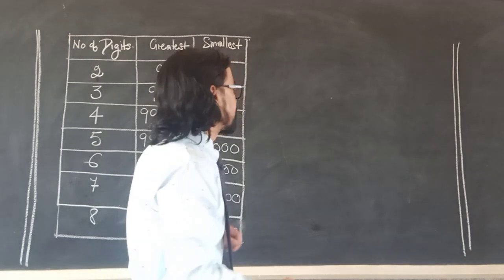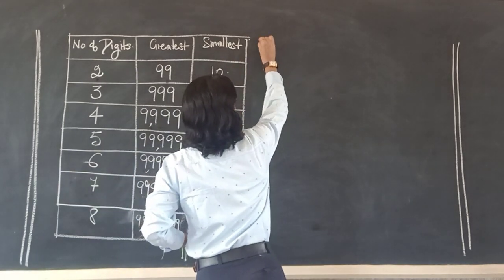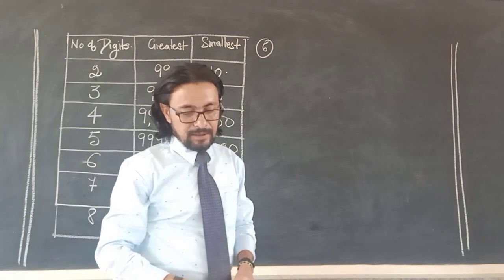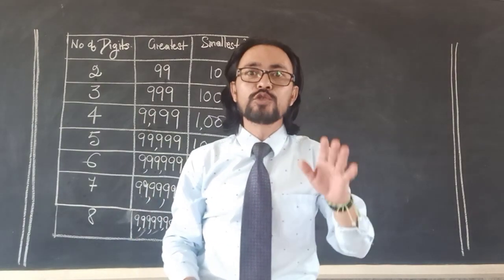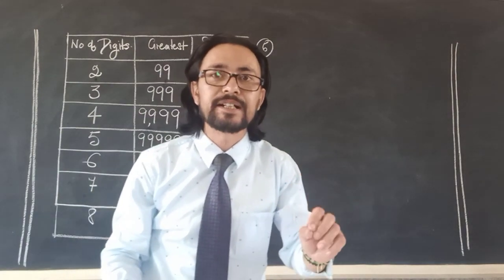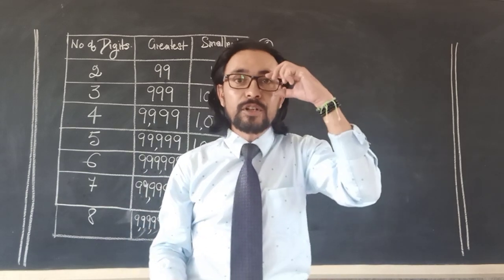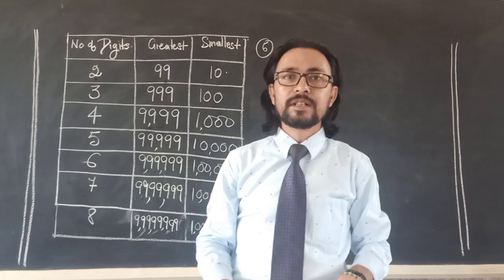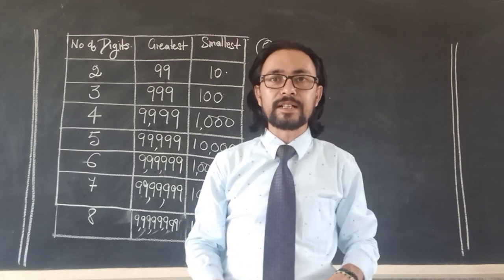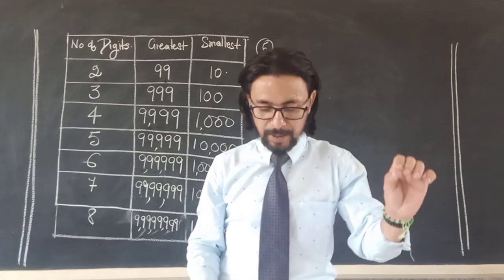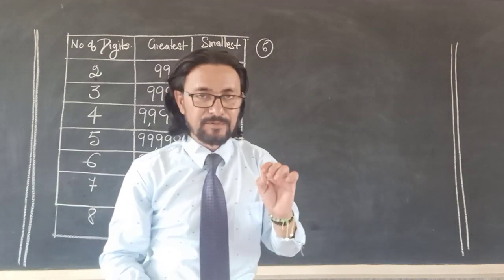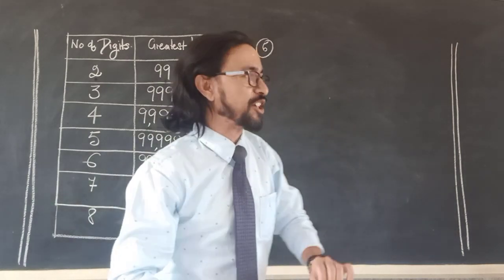Now we will go on to sum number 6 of this exercise. Now sum number 6 says fill in the blanks. That instruction you have to write down. You have to write down fill in the blanks. Many of you are not doing that. You are not writing your instructions. You are directly doing the sums. You just can't do the sums directly. You have to write sum number 6, fill in the blanks, A. Then you write the smallest 5-digit number is dash.